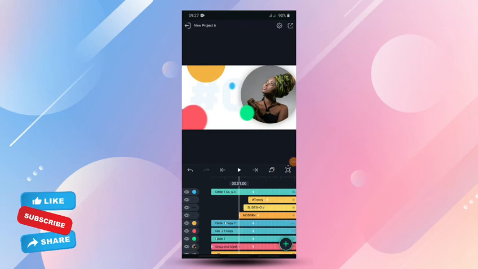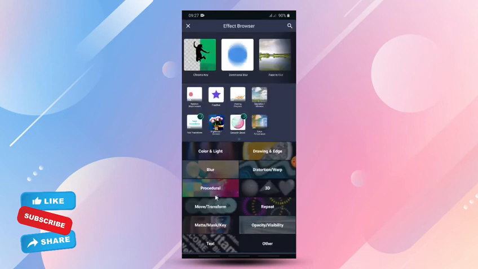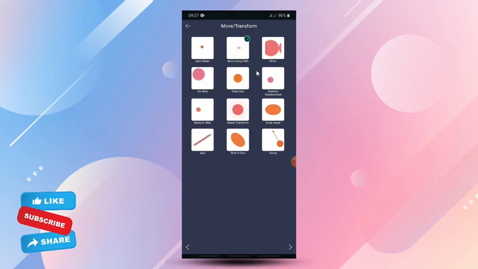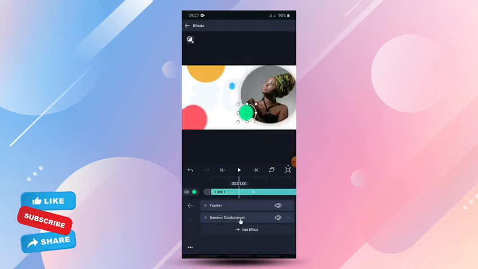Alright guys, so the next thing we want to do is add some, you see everything is just static, so we want to add some movement, displacement, like a handheld camera to all these layers. So what you want to do is click on one of the layers and come to effect, add effect, and then come to move and transform, click on random displacement, and you see handheld here. Alright, handheld, and then reduce the magnitude to about 5, and then the evolution,